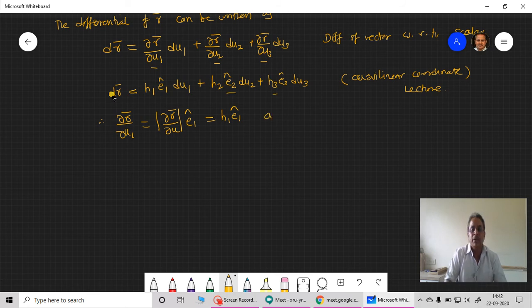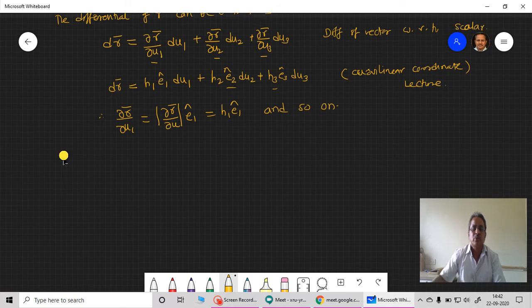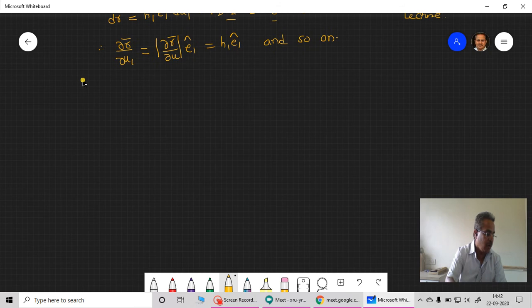Okay, and so on. Now I am taking this derivation as given in the textbook to make it as simple as possible for all of us. Already we have said this. Here we have taken this psi, a scalar point function, as a function of these three independent variables u1, u2 and u3. Previously we have discussed all these things.